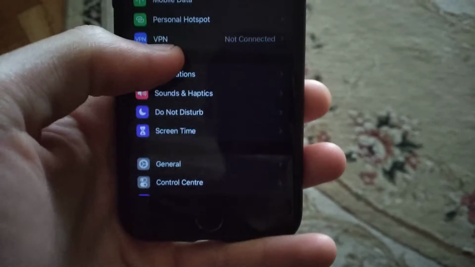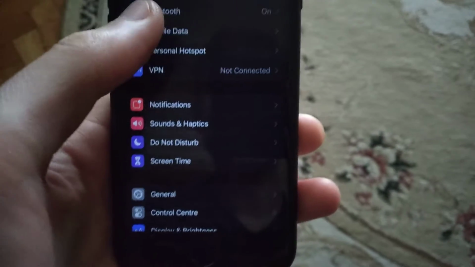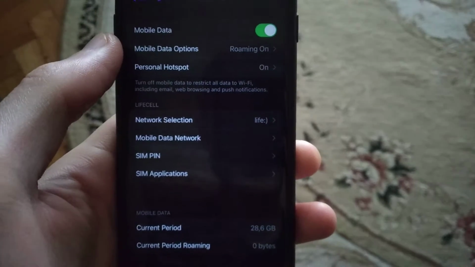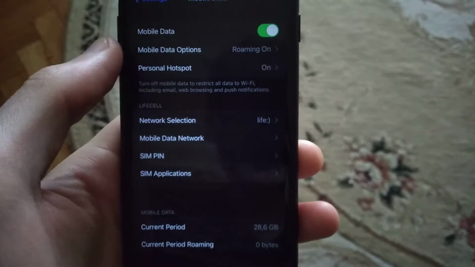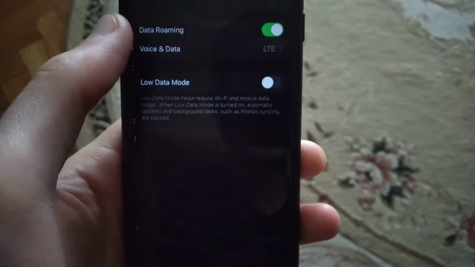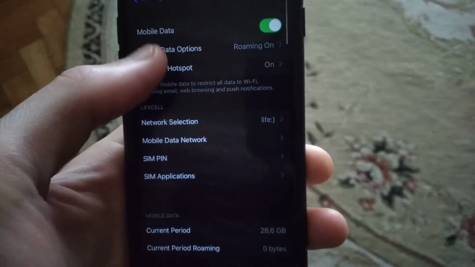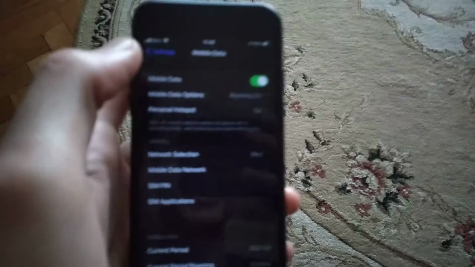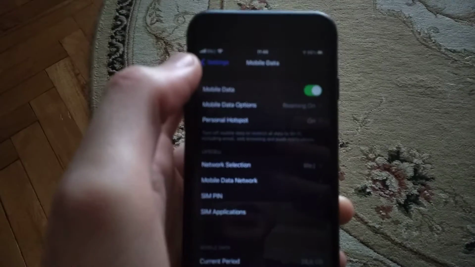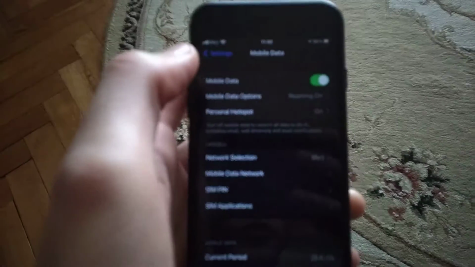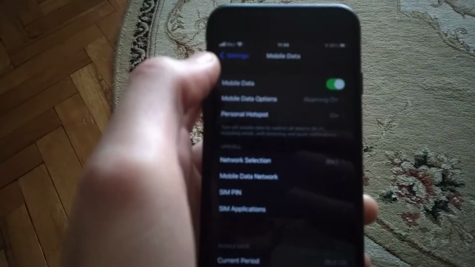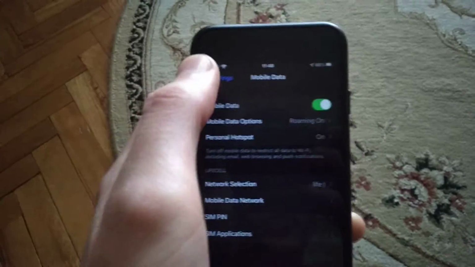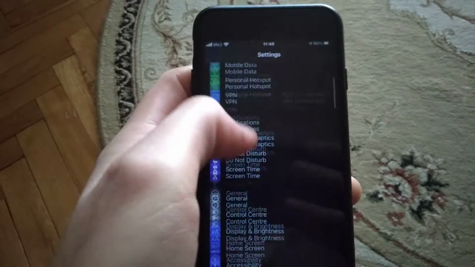and in the settings you need to find mobile data, and just try to turn it off and turn it on again. So if it doesn't help you too, you can also try to go back to the settings and find here